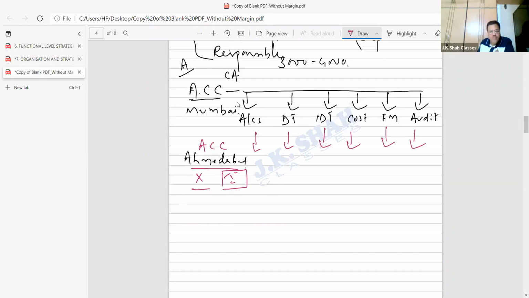And slowly and steadily, what happened? Bombay teachers would take lectures in Bombay. 2 to 3 days in a week, they'll go to Ahmedabad, and turn by turn lectures were conducted. Till that time, X was told, now you start finding some local teachers also. Advantage of a local teacher will be what? First, students, they can talk Gujarati. Second advantage is what? They'll be cheaper than the Mumbai teacher. Third advantage, I don't have to send the teachers by first class train. I have to pay for them. I have to book a hotel for them to stay.